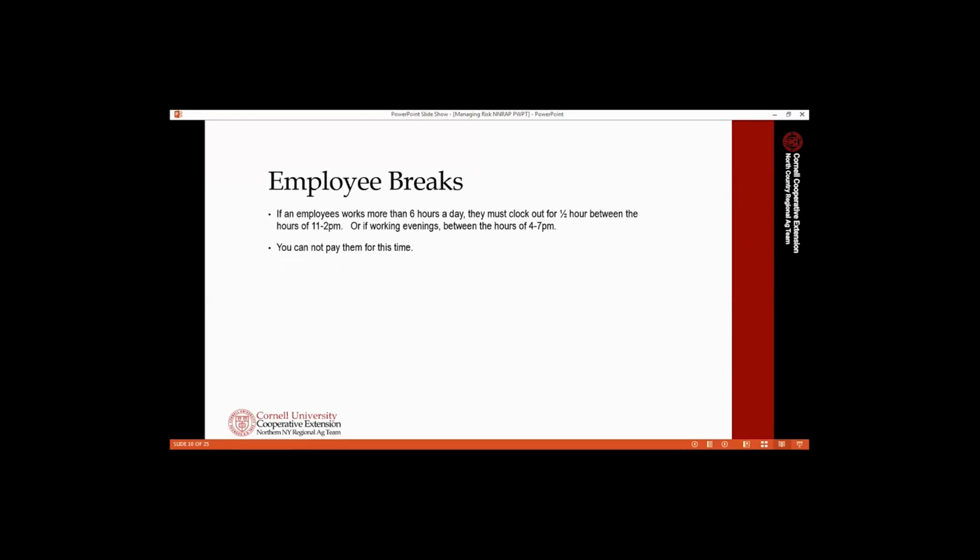So if it's during the day, and this is for any employee who works more than 6 hours, they need to take that break between 11 and 2. If they're working the evening shift, then those hours are 4 to 7, and they need to punch out for a half an hour, and you need to have records of that. So this is